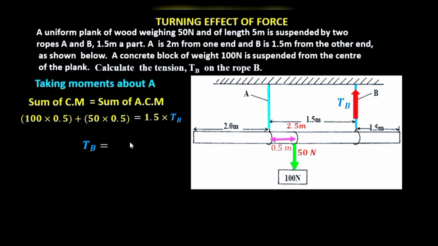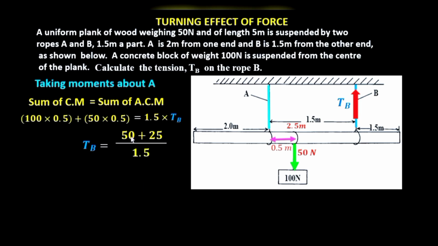So for the left hand side we'll have 50 plus 25. 50 is 100 times 0.5 and 25 is 50 times 0.5, and then dividing both sides by 1.5 we'll have that,